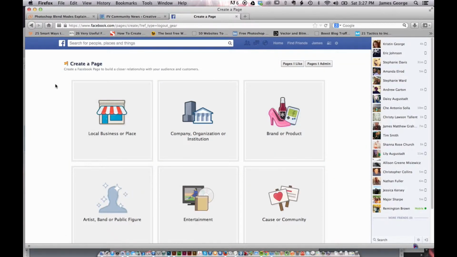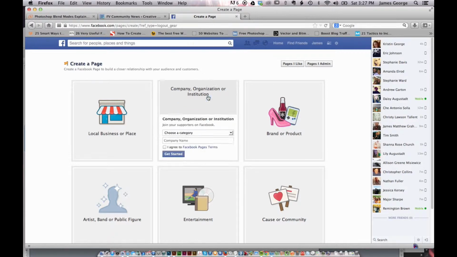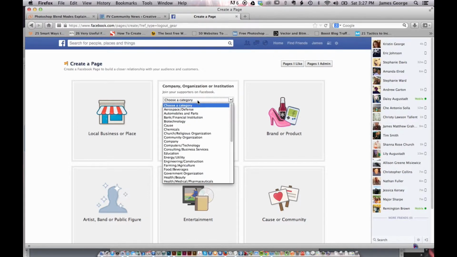When you do that, it's going to ask you what are you promoting basically. If you have a local business that you're trying to promote, you would choose local business or place. Company, organization, or institution, so that's like a school or just a big company. Brands or products, artist, brand, or figure. These are pretty much straightforward. Let's just choose company or organization, and then you're going to choose what kind of category it